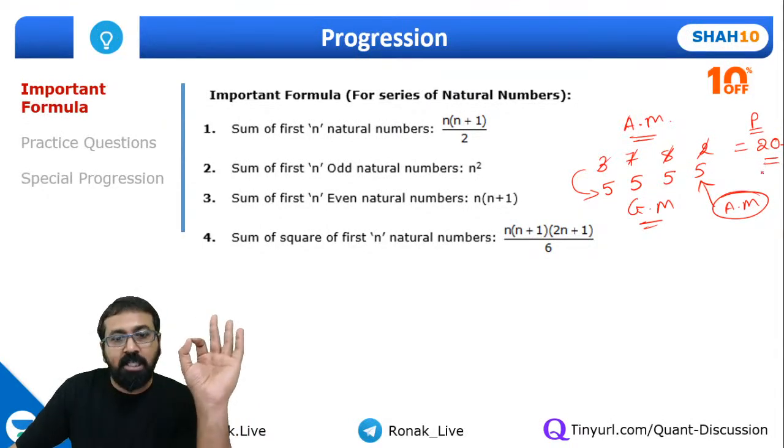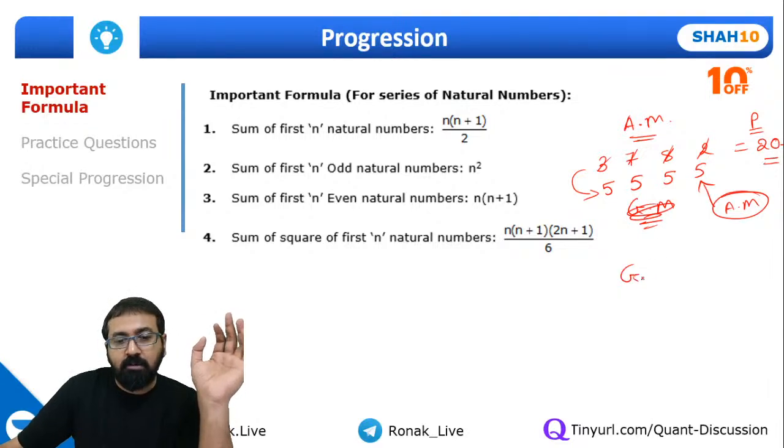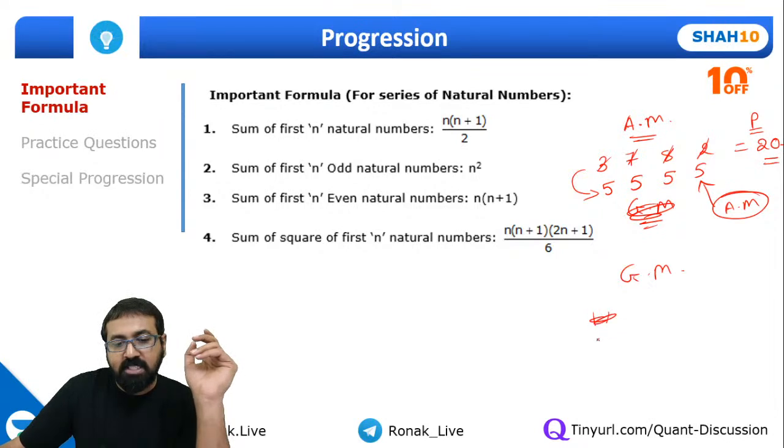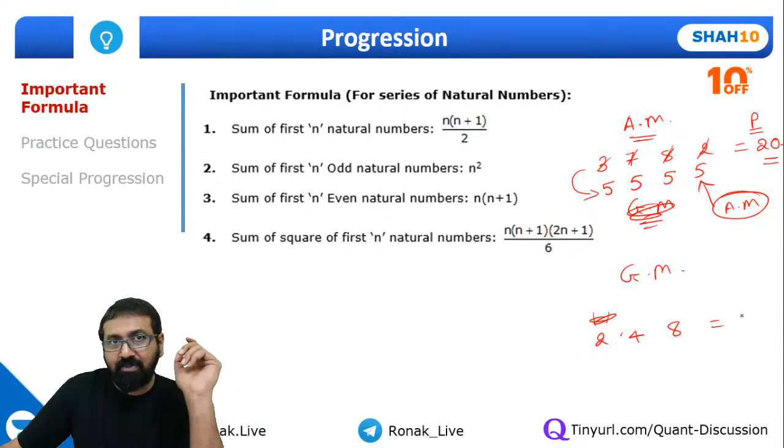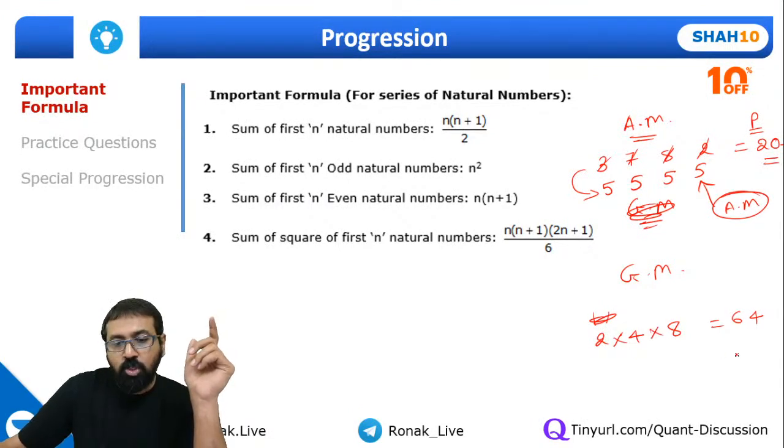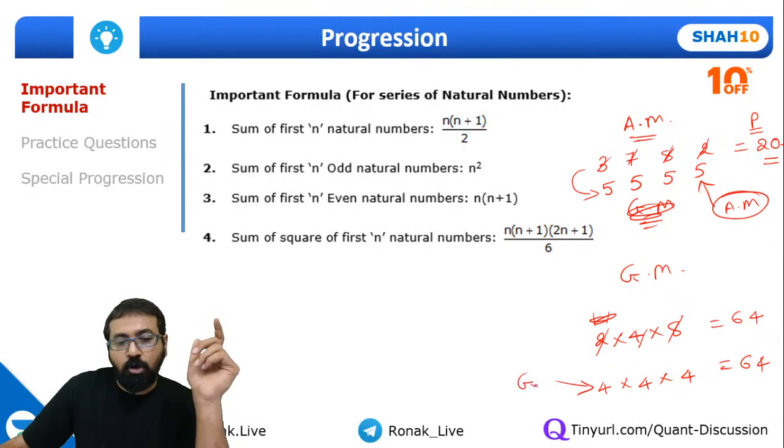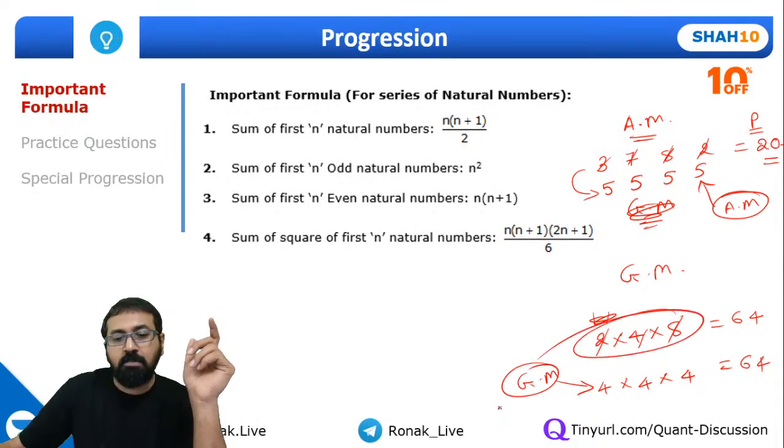Same way, what is geometric mean, guys? So geometric mean of certain numbers, suppose I take numbers like 2, 4 and 8. By which number should I replace these 3 numbers so that the product will remain same? So if I check, this product is 64. If I want to keep product as 64, by which number should I replace each of these numbers? Of course, I will replace by 4. So this 4 is nothing but geometric mean of these 3 numbers.